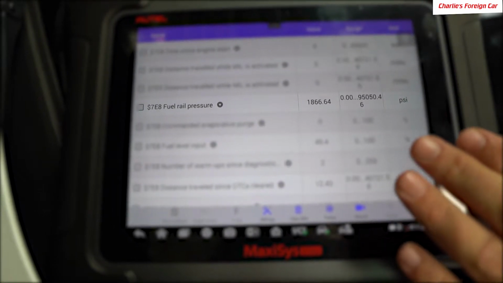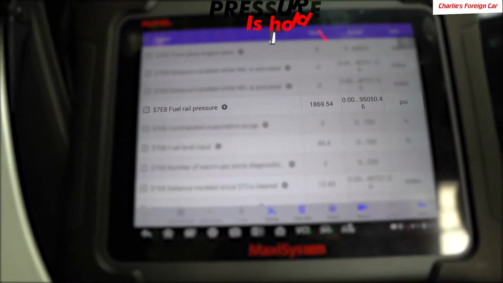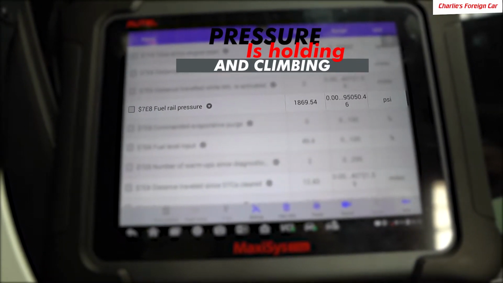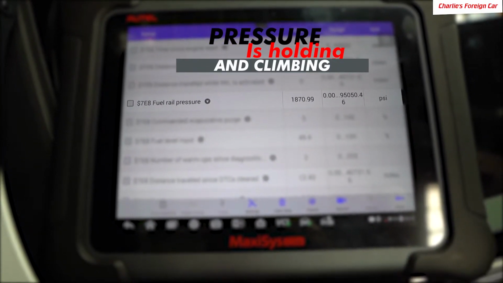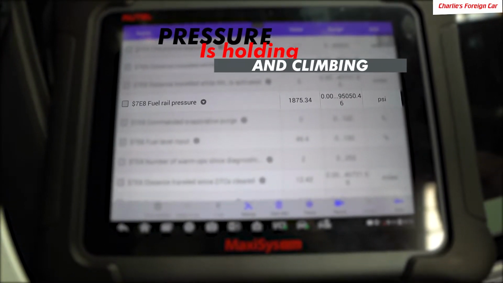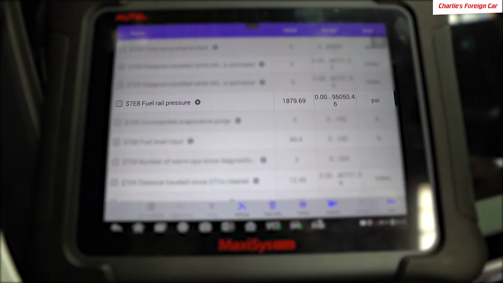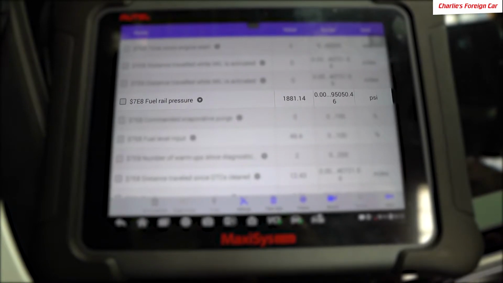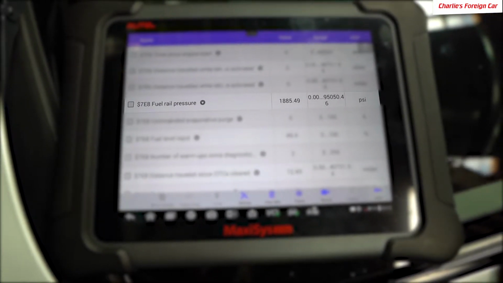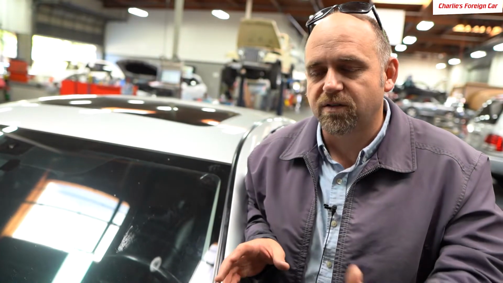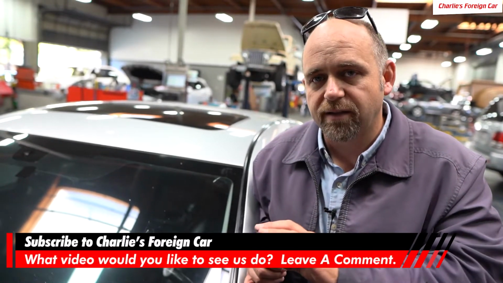And so you can see we were at 1,860 some odd, and the car shut off, keys turned back on, and it is staying. It's actually rising, and that's from the temp of the engine expanding the fuel inside the rail. It's from it heat soaking. That is telling me a couple things. The check valves in the fuel pump, the check valves in the fuel injectors are very good right now. So it's able to actually hold the pressure, and then with just the ambient temperature, it's making the pressure go higher in the fuel lines and rail system.